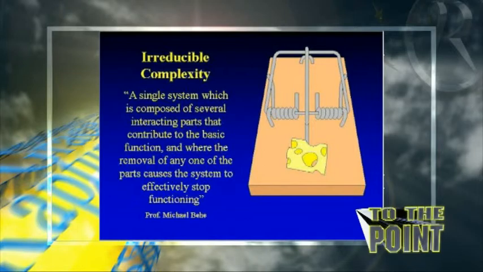We don't need to go into details of it. I expect you've seen, even if you haven't had one in your house, you know what I'm talking about, a way of catching mice by using a piece of cheese. Now, that is a little machine. If any part is not working, if the lever's not working, if the springs are not working, if there's no bait or anything else, it simply doesn't work and doesn't catch mice. Well, it's the same. It's called irreducible complexity.